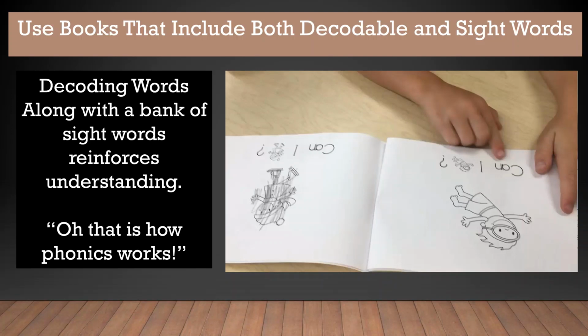And this is also a video that I will put in my blog post of her touching and reading the story. "Can I swim? Can I skate?" And then the next page is flipped. "I can jump." And students are so excited the day we get out this first book because we've practiced reading